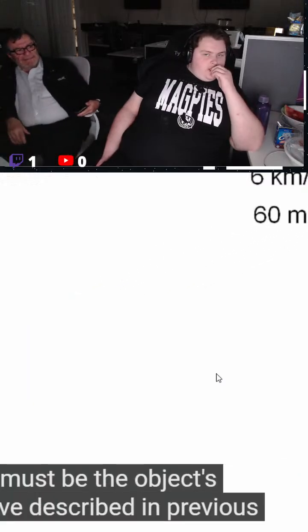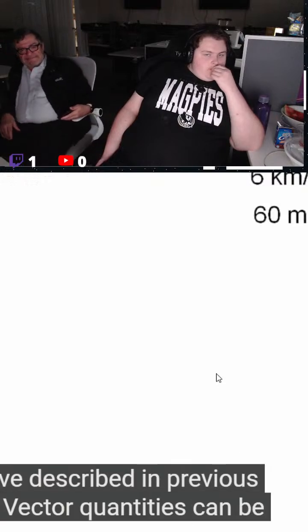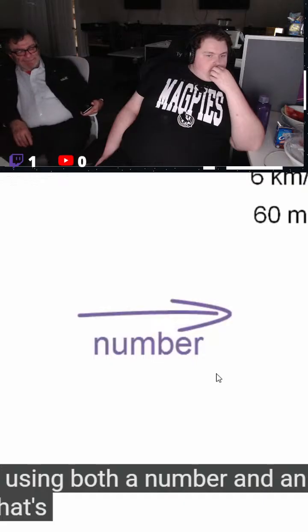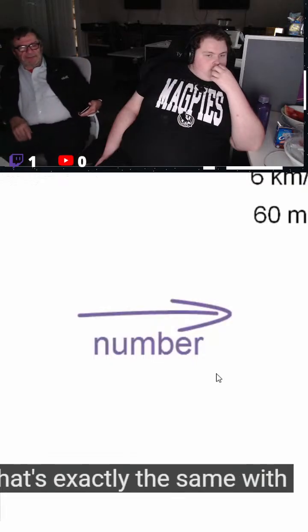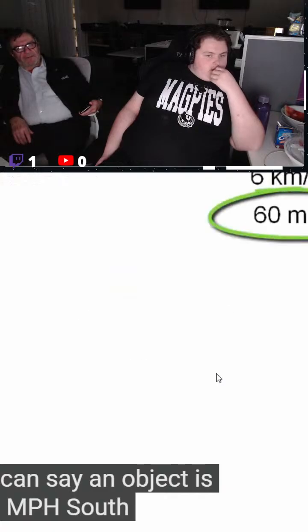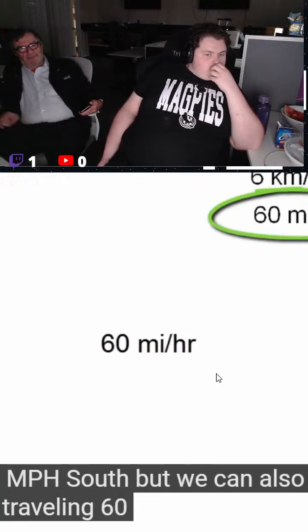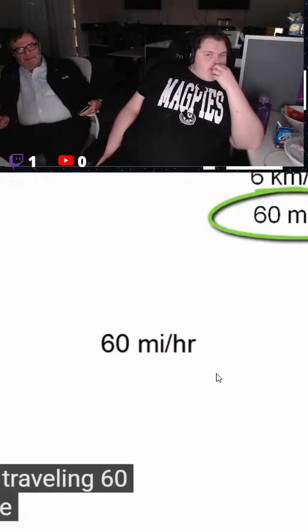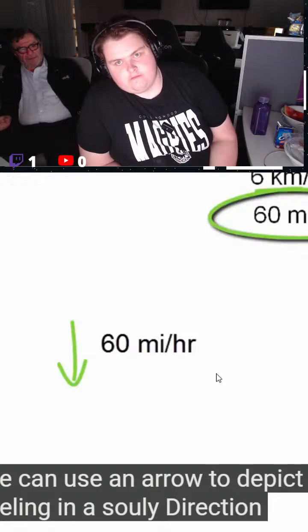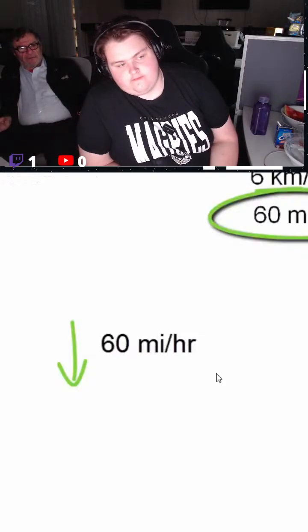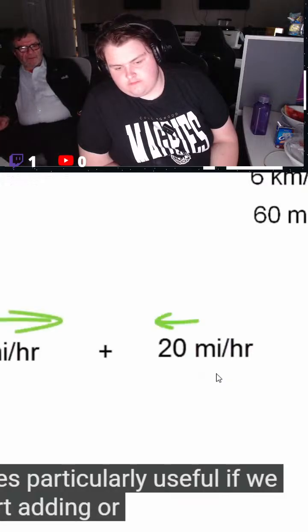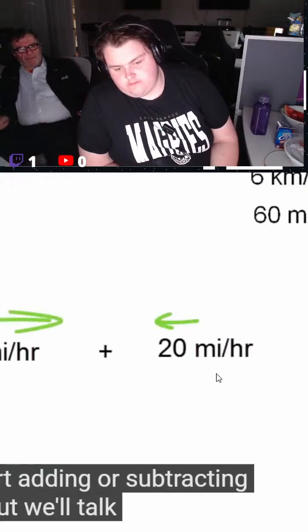We've described in previous videos how vector quantities can be depicted by using both a number and an arrow, and that's exactly the same with velocity. We can say an object is travelling 60 miles per hour south, but we can also say that it's travelling 60 miles per hour, and we can use an arrow to depict that it's travelling in a southerly direction. This becomes particularly useful if we want to start adding or subtracting velocities, but we'll talk about that in future